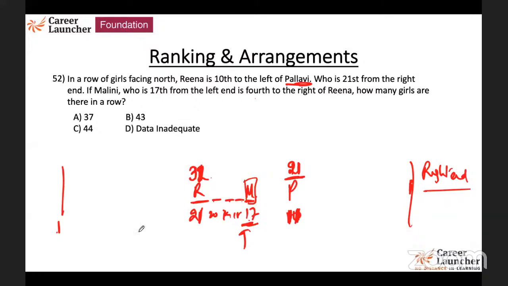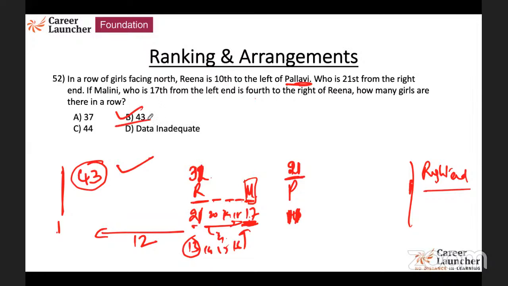So this is 17th from this 17. If from the left end, here will be 21. This is 4 here, right? That means you need to add 12 more from 31 to get to the left end. This will be the 13th number. Remember this. If it is 17 from the right end, this is 16, 15, 14, 13. This is 13th from the left end. That means plus 12. 31 plus 12 is 43 numbers will be there.